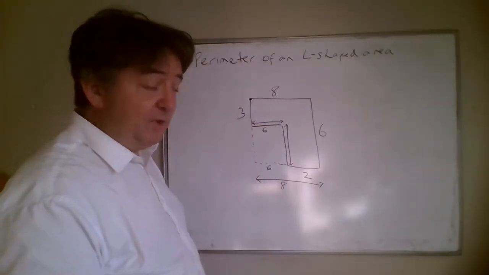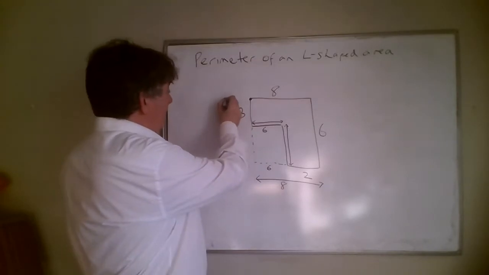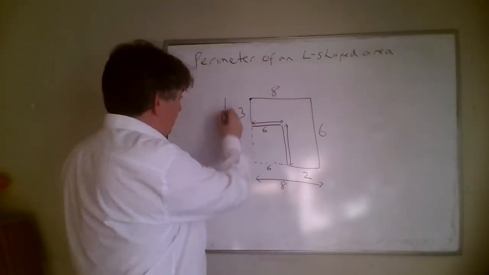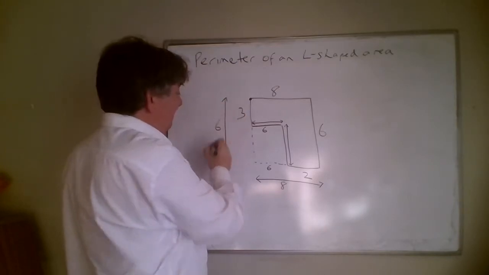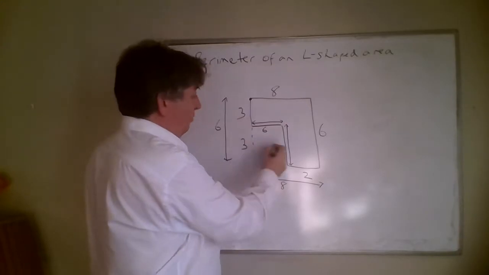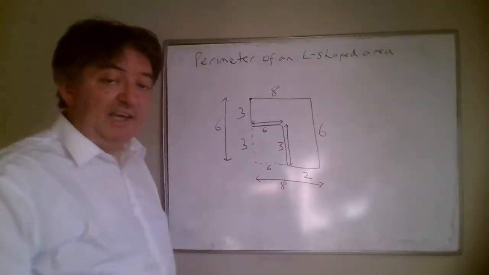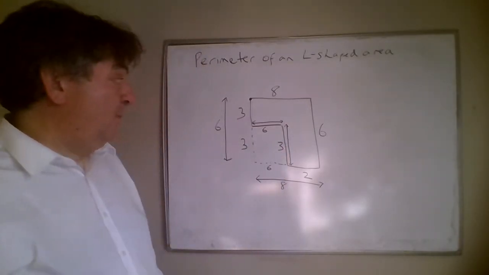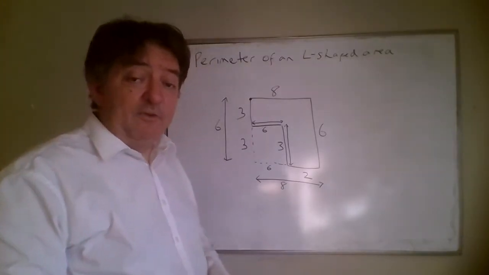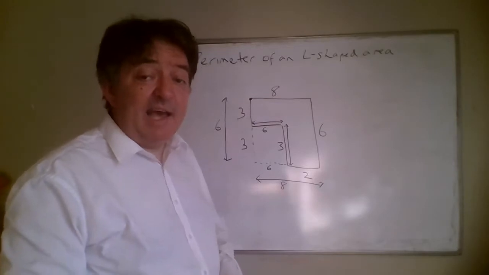We can do the same on the other side as well. So this here we can say is 6, and then because that is 3, that's also 3, and this here is also 3. So we now have all of the lengths for the perimeter in this case,